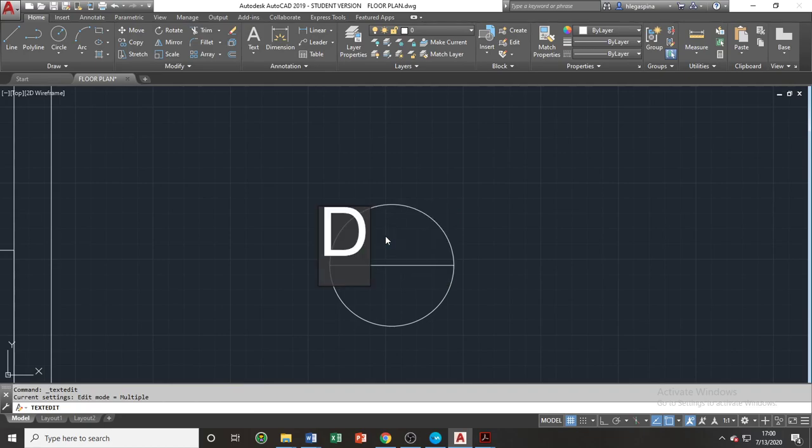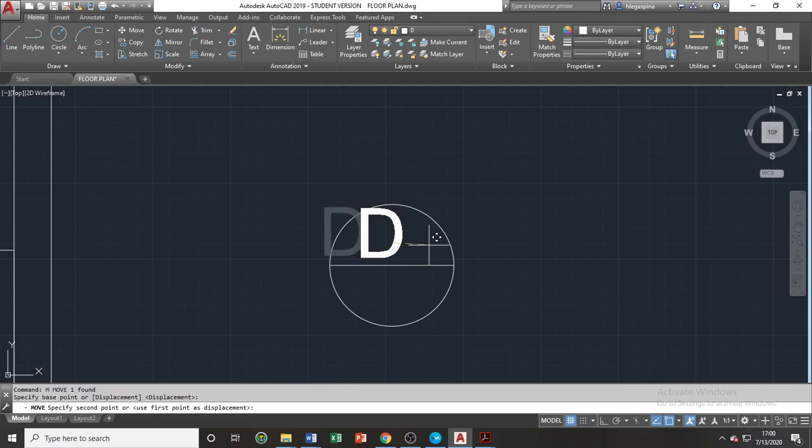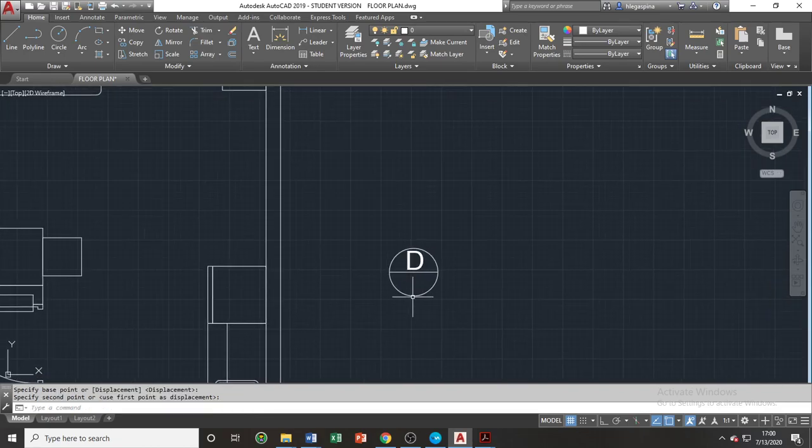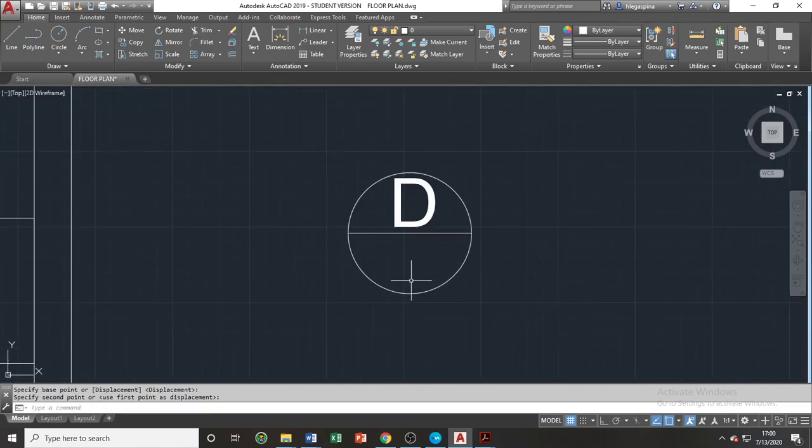We can simply type D on the upper part of our tag and adjust them. The changeable value depending on our door number